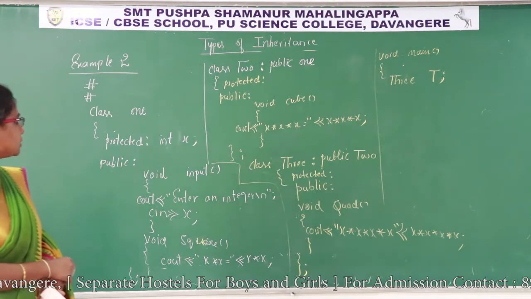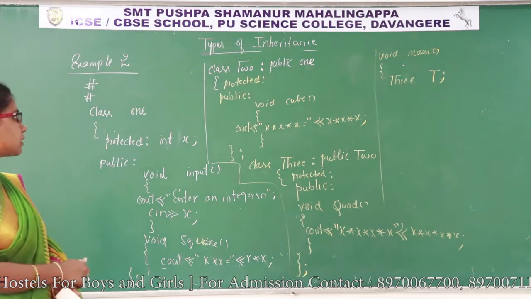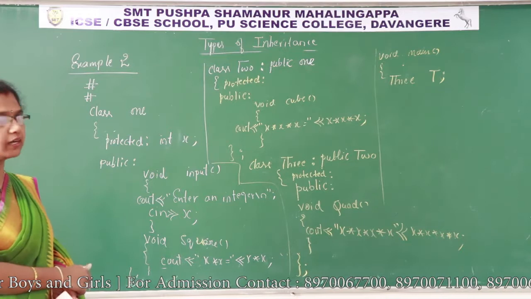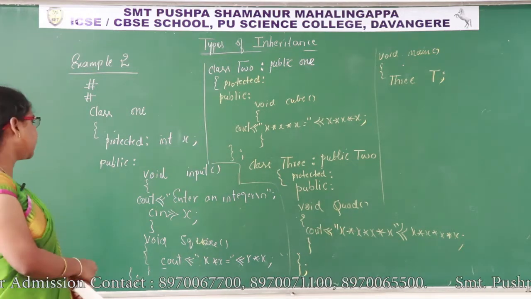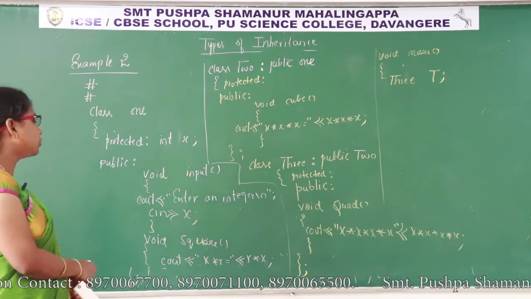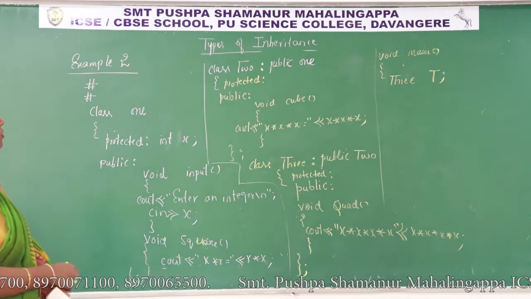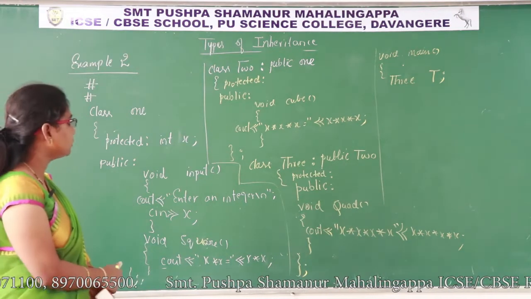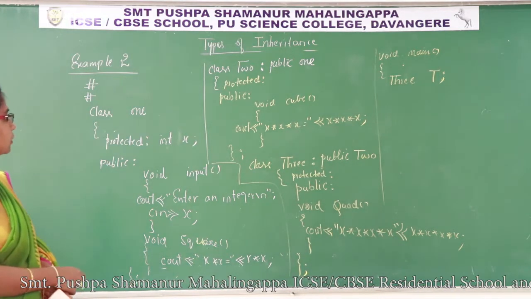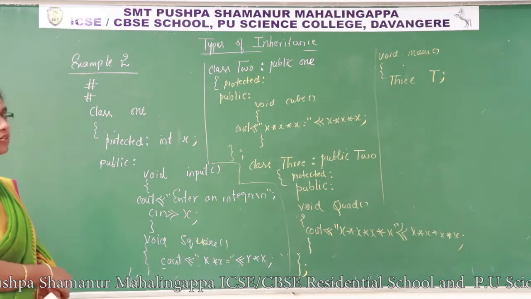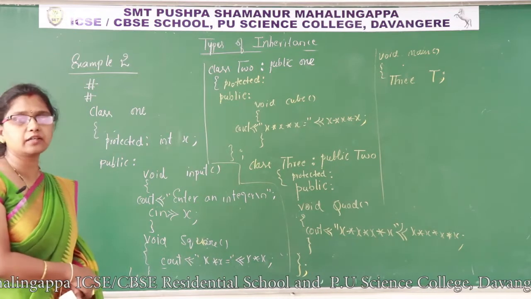So what is the derived class of class 1? Class 2 is the derived class of class 1. So the public section, public access specifier, contains 3 member functions. One is its own member function, that is cube, and the other 2 are base class, input and square. Input, square, cube: these 3 are the public functions of the derived class. And next, again this class 2 is inherited by the other class, that is class 3, and the members or the properties of class 2 are inherited to class 3.